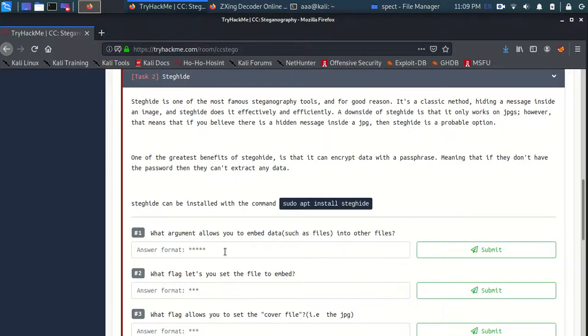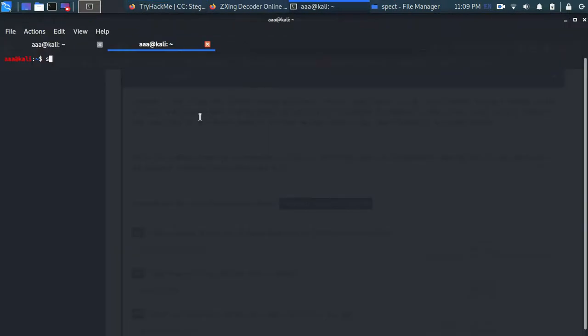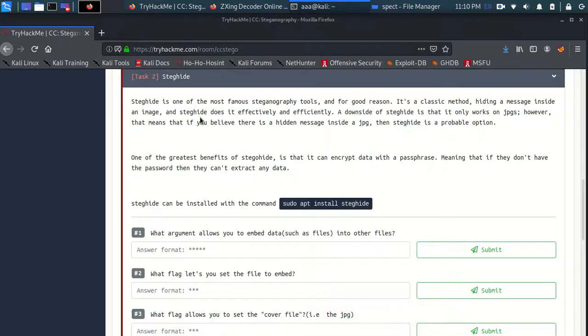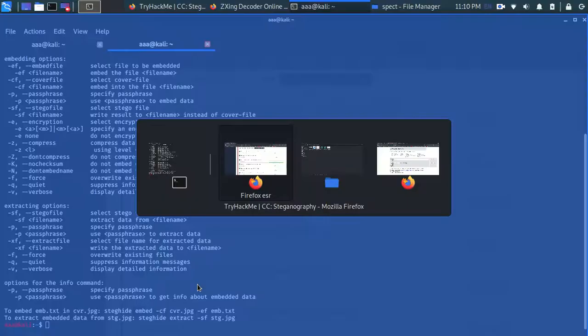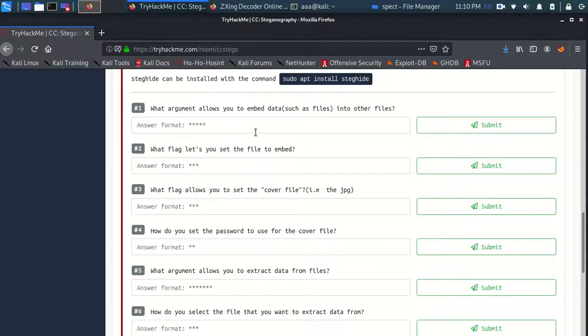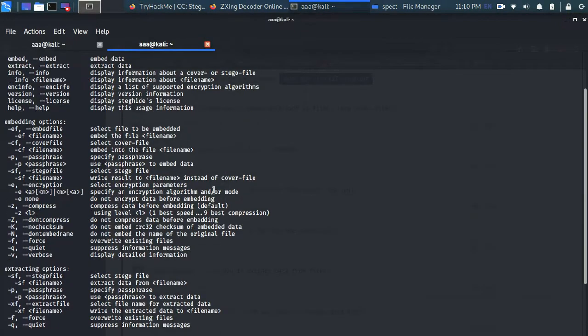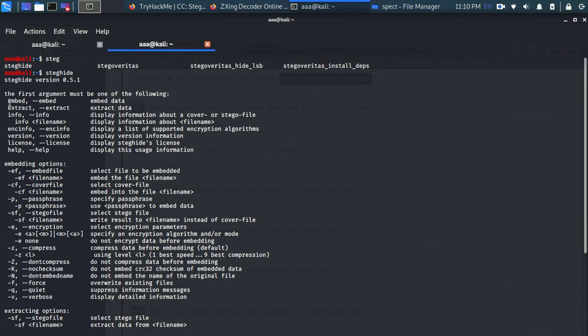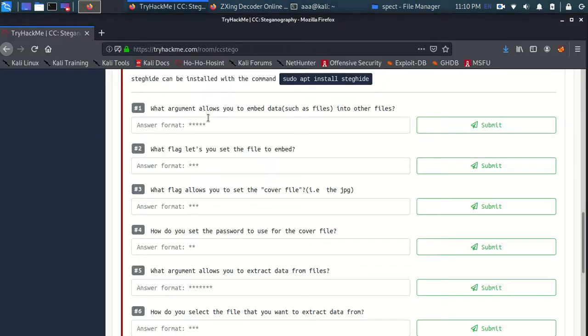Let's first type StegHide. So this is StegHide. The first question is, what argument allows you to embed data into other files? There is this feature known as embed. The use of embed is that you can put information into a file.